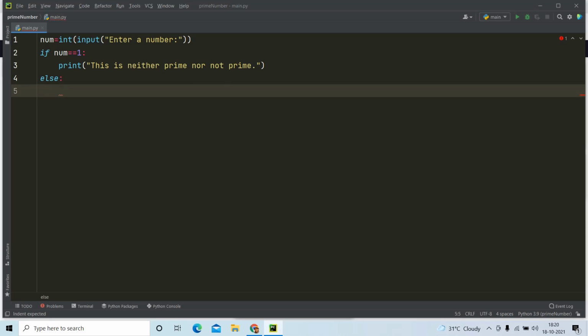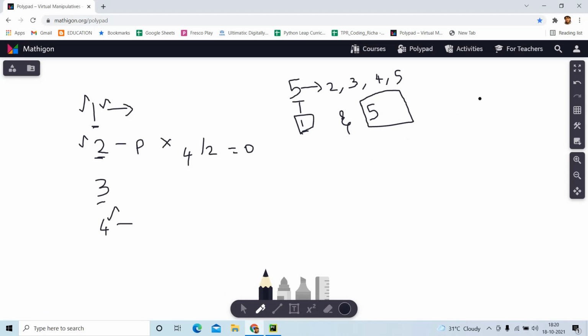What we are going to do is check the number. Each and every number we need to divide, correct? Like in our example, just imagine the user gives 5 as the number. So we need to divide this 5 by 1? We need not divide by 1 because 1 divides everything. So 5 divided by 2, 5 divided by 3, and 5 divided by 4. And 5 divided by 5 also we should not do because it will be divisible by itself.